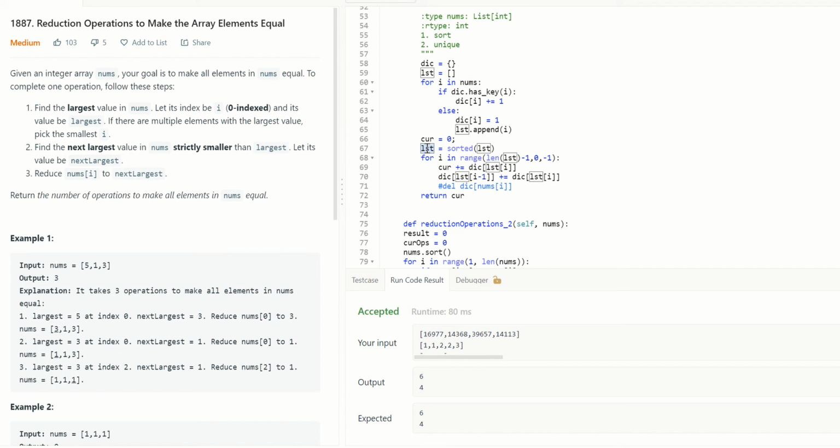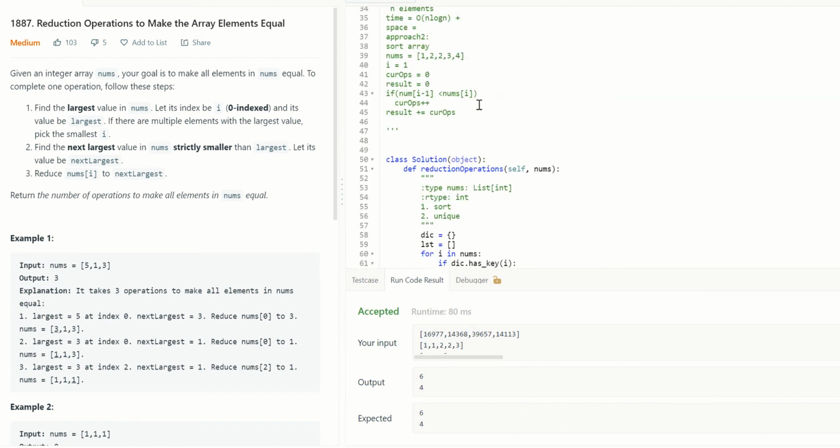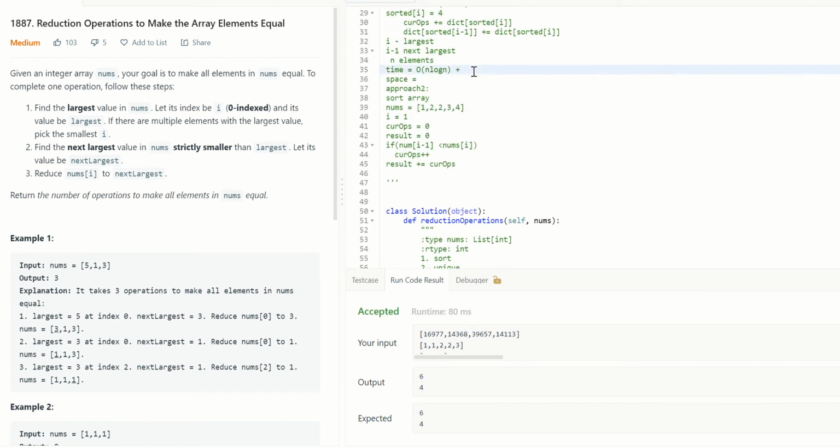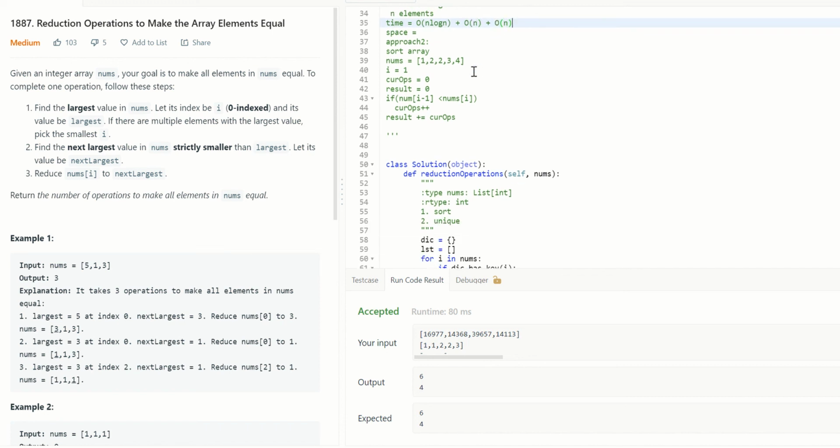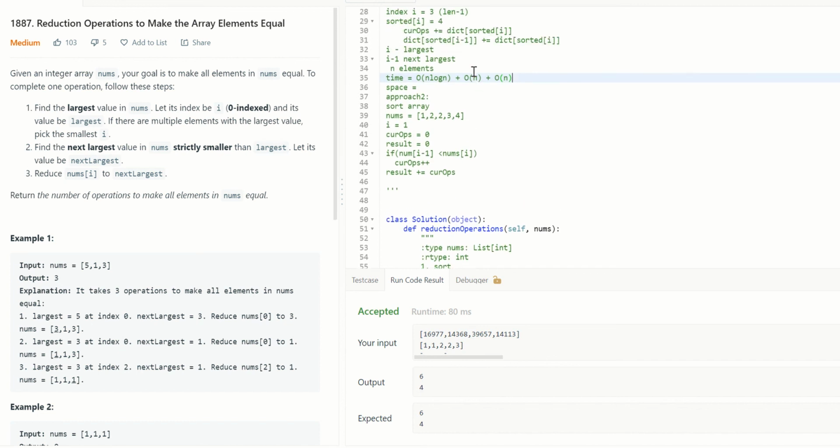If there are duplicates, the list will have less. So in the worst case, we are going through the list once and a second time. So that means we are going through both of them 2 times. So order of n plus order of n. So that's the total time complexity.